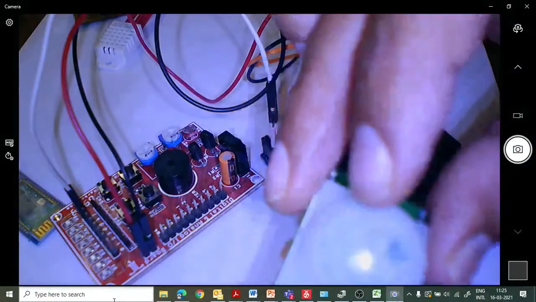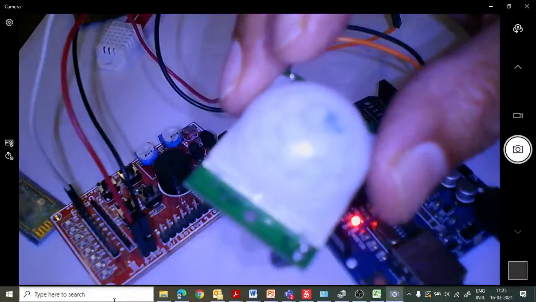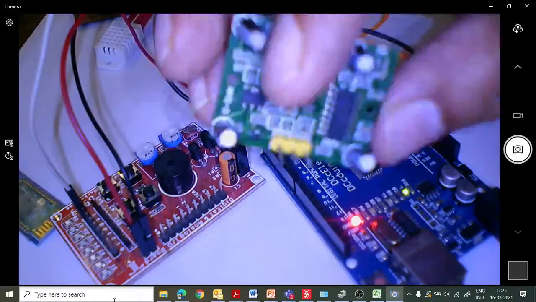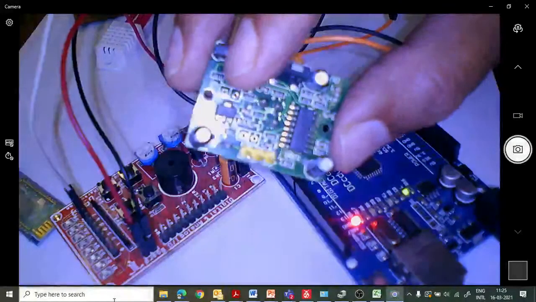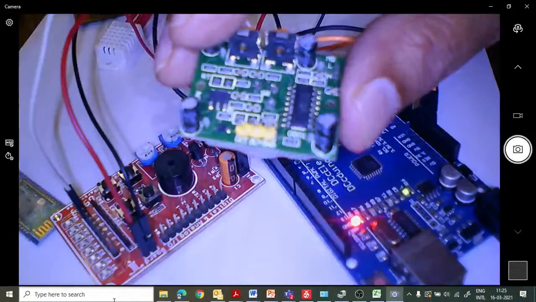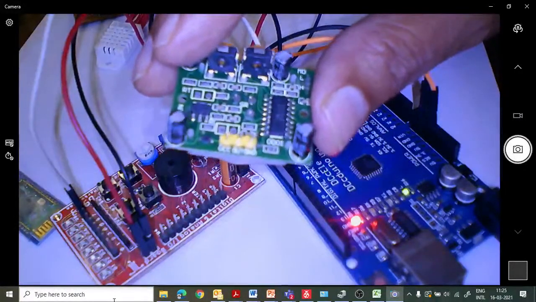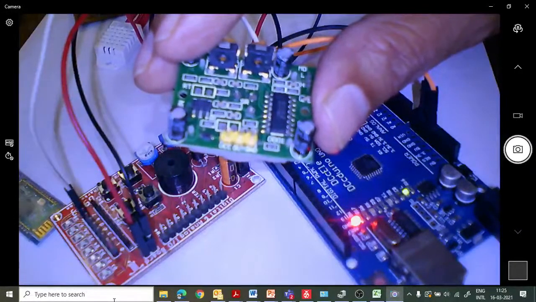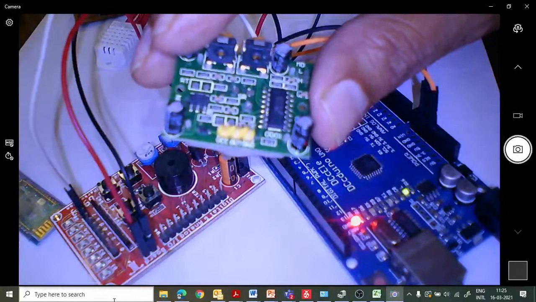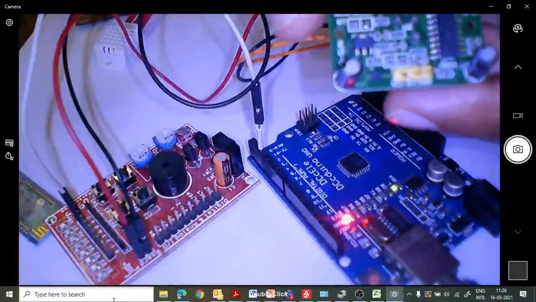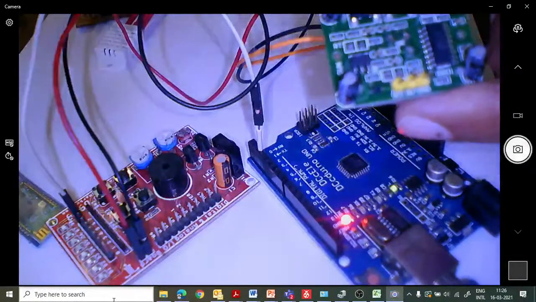I have a PIR sensor like this, and this sensor has pins in this way. You can see here there are 3 pins available, and the pin VCC is written at one place. I don't know whether it's visible to you or not. I will try to focus it so that it's visible to you.